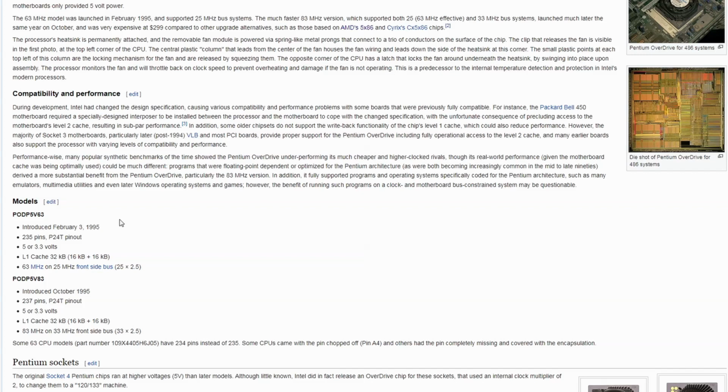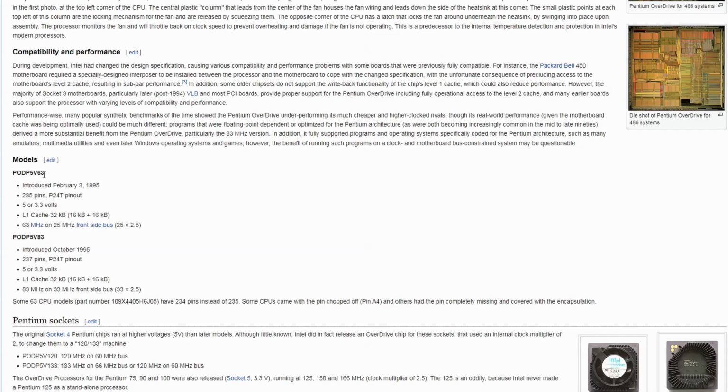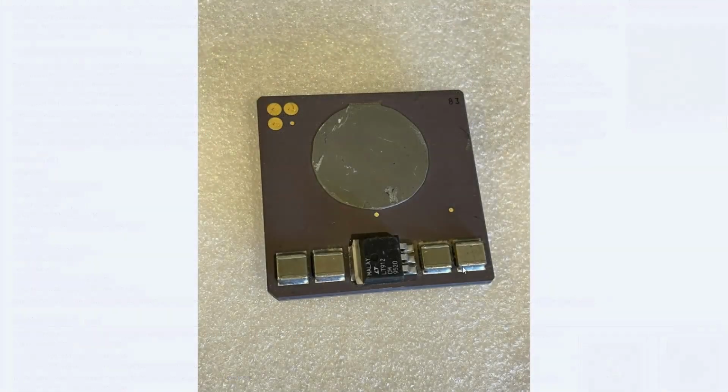Now there are only two Pentium Overdrive models for the socket 3, the Pentium Overdrive Processor 5V63 and the Pentium Overdrive Processor 5V83. Both are using a 2.5 multiplier, and the difference is with the bus. The first one has 25 MHz and the second 33. And again we see here the L1 cache 32 kilobytes, 16 and 16. So yeah, these are marked as 5V, and for sure you have to set your 486 motherboard for that. However, the core is at 3.3 volts. So okay, basically here on the ceramic you have this linear voltage regulator that generates the CPU voltage from the